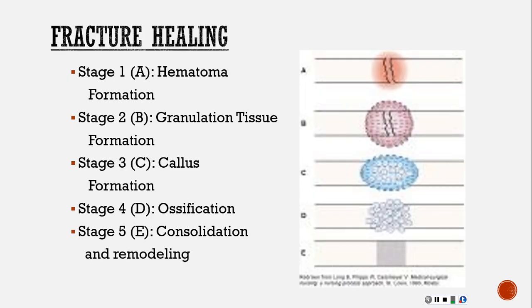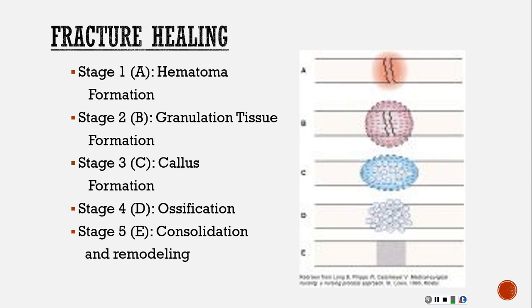All right, so here's how the healing occurs. You've got different stages of healing. You've got hematoma formation. So there's a purpose and there's a reason for the bleeding to occur. You don't want excessive bleeding, but that hematoma, that bruising, a lot of times you'll see it immediately, and that's because that healing process has already started.